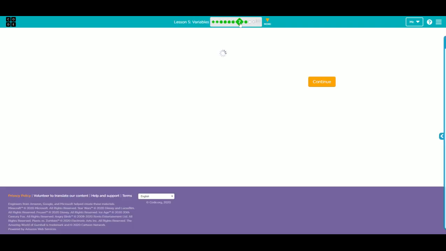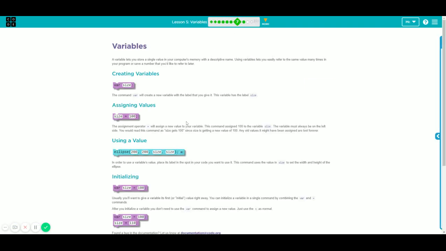I'm actually just going to jump to level 7 here and kind of go over this, and then we'll skip this one later. So if you want to go to lesson 5, level 7, so that you can follow along, you can. Otherwise, you can just look up at the board. But what we're going to do is we're going to create a variable. And what a variable is